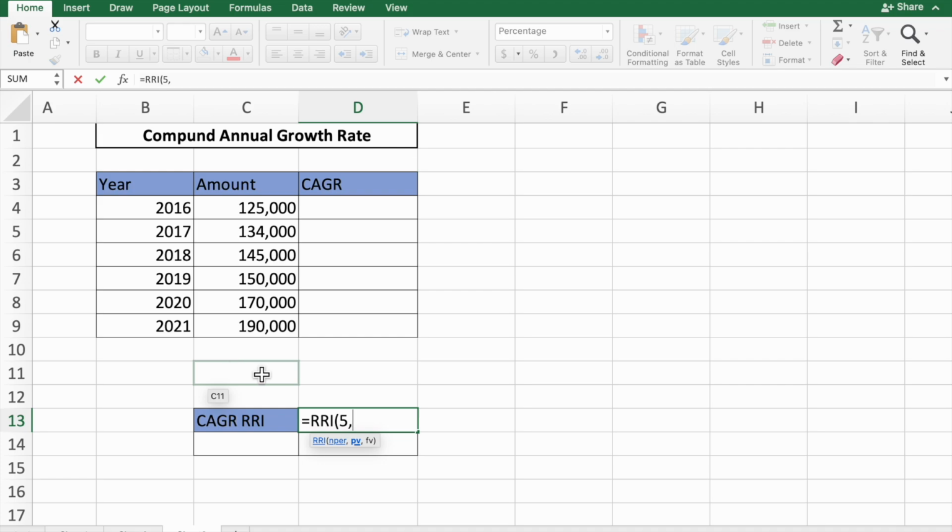Then here you will see PV, present value. Okay, in PV you have to select this one, the first amount. Okay, then comma, then here you will see FV, future value. Okay, now close the bracket, and okay,